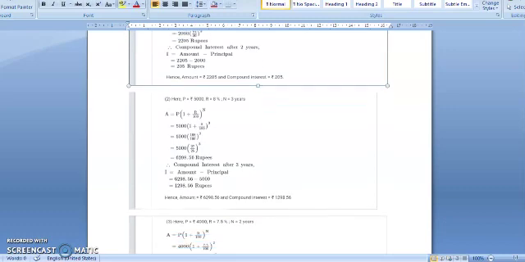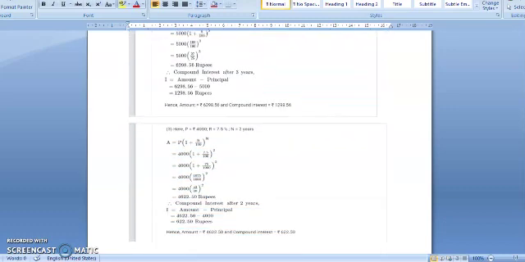Now third is given here, principal amount as rupees 4000, rate of interest 7.5% and number of years as 2 years. So put the values in the formula. You will get here 4000 multiplied by (1 plus 7.5 divided by 100) raised to power 2. So cross multiply this. 100 into 1 is 100 plus 7.5.